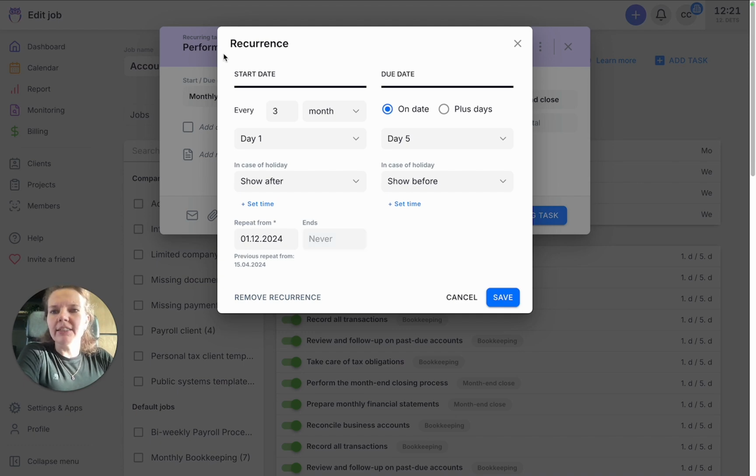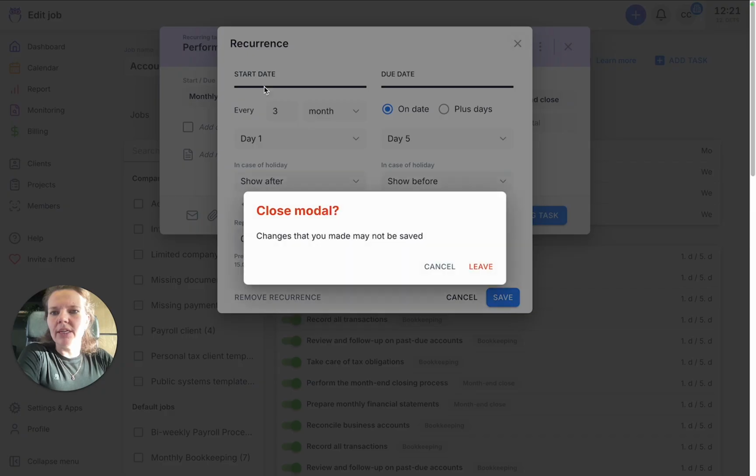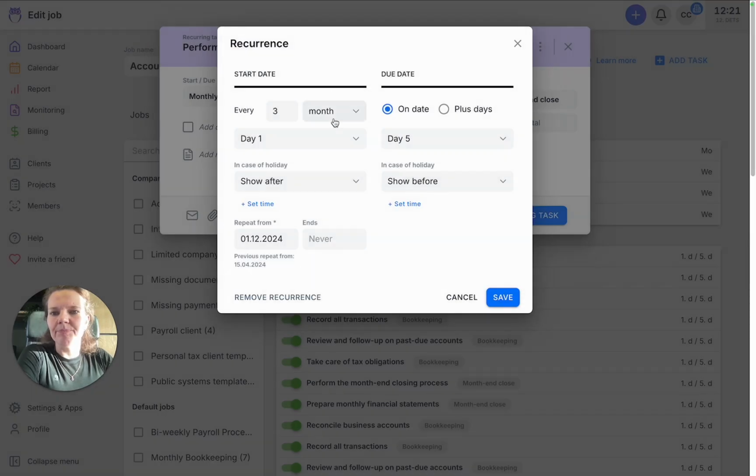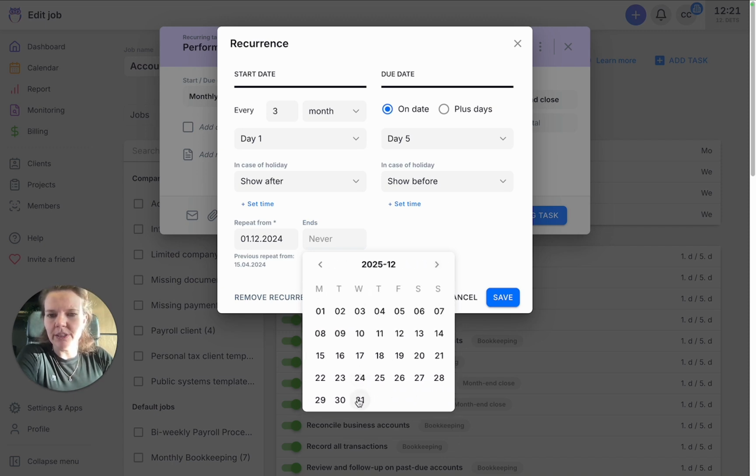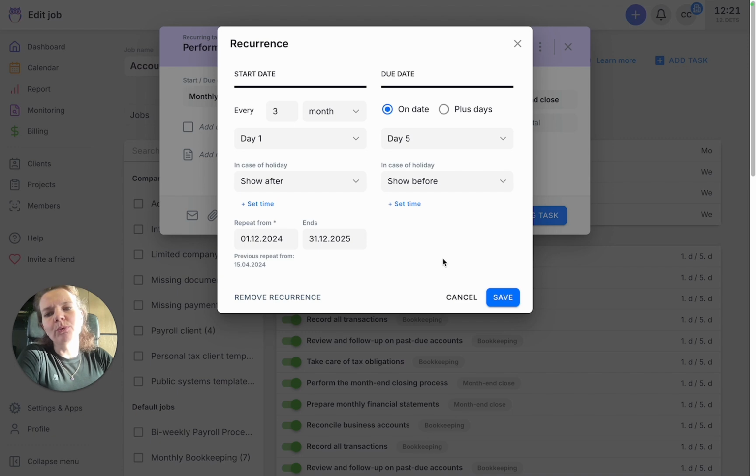So this means that this task template is generated every 3 months. A new task like this is generated. But if you only want this recurrence to take place for 1 year, then you can say that this recurrence ends at the end of 2025 and you won't get these tasks generated anymore in 2026.